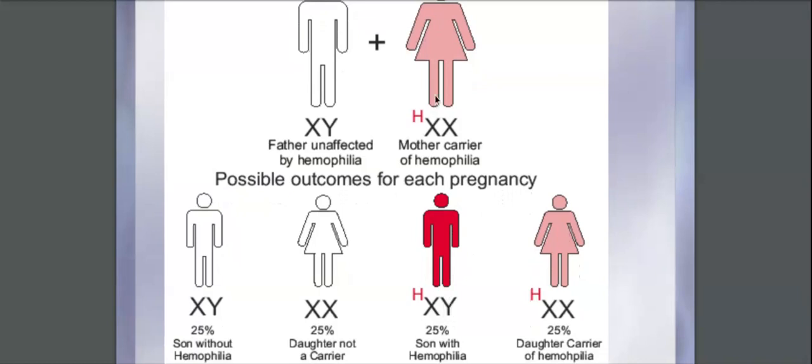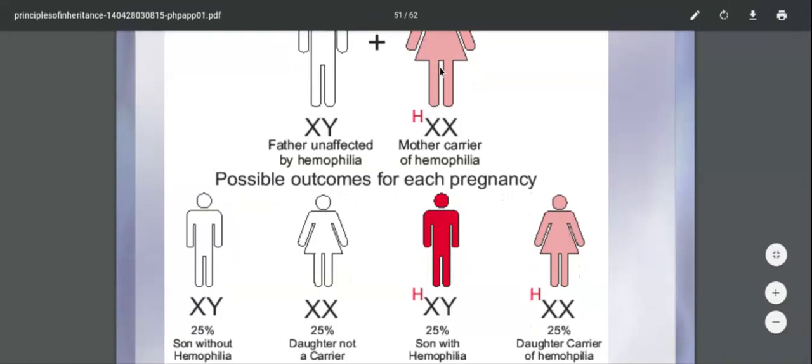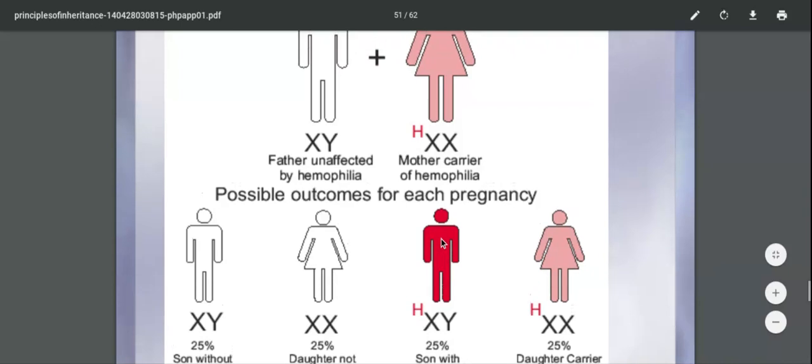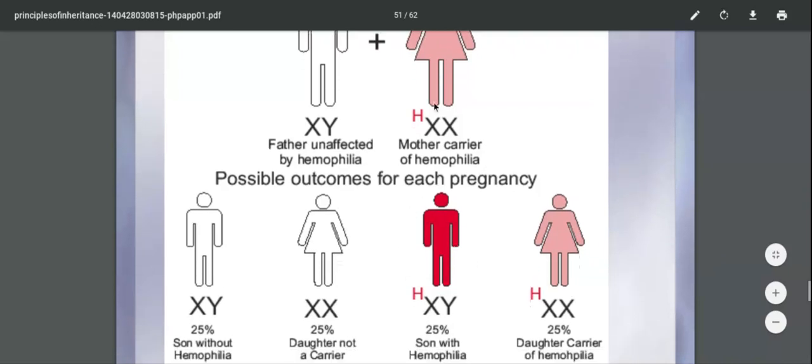So that's why we are making the statement that a carrier mother will transmit the disorder to the male progeny. But you can see that it's not that all the male progeny of this couple are doomed to die, because here you can see that if this X and this Y combine, then you can get a normal non-hemophilic male. But by chance, if this X and this Y combine, you get a hemophilic male, and this person